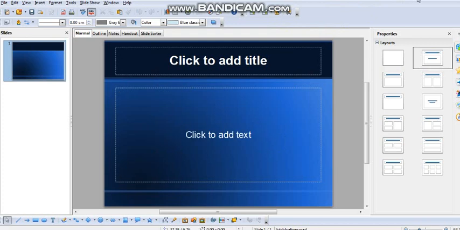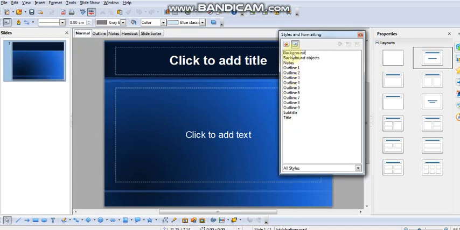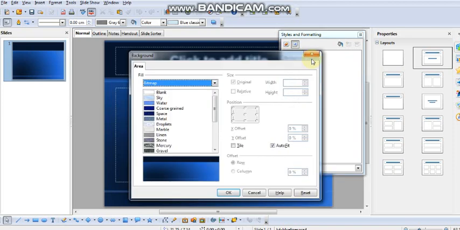It is also possible to change the background color of your presentation. Following this step, go to Format menu, click on Style and Formatting option. The background option will appear. Click right mouse button and select Modify option. The background window will appear.